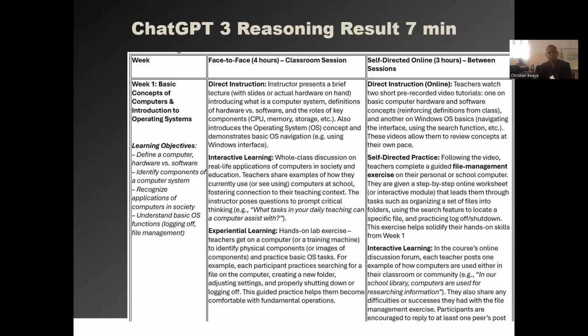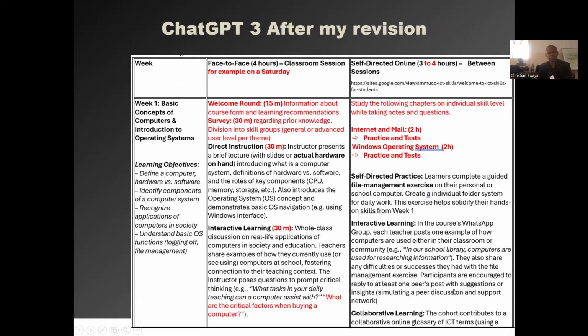But then I went on and I added and improved the storyboard with my ideas. So I said, I want to start with a welcome round where I give them information about the course and so on. So the whole thing I was improving and editing very thoroughly.